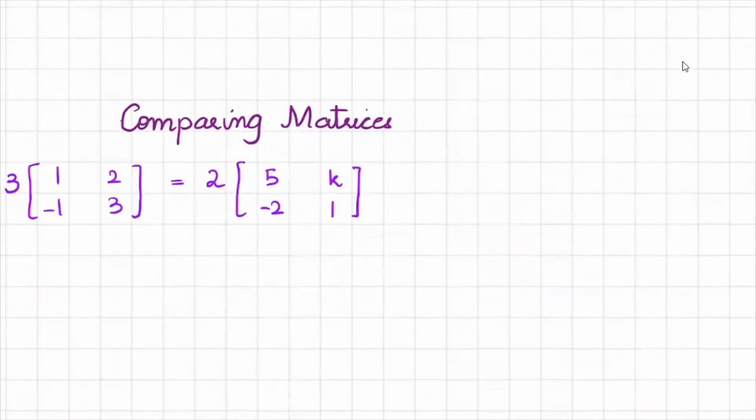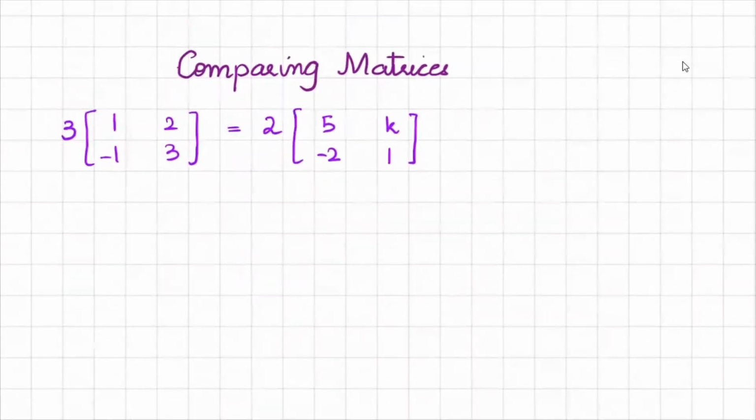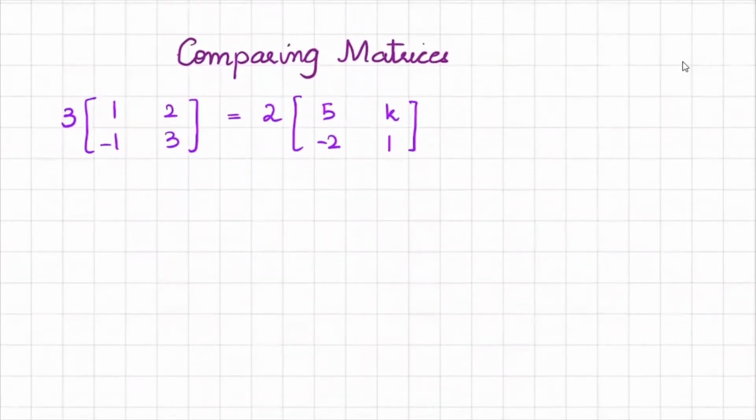Okay, now let's move on to comparing matrices. Comparing matrices is very simple again. So first of all, you can see that you have to find the value of k. Now there are 2 ways of doing this question. Either you can expand both and then you can equate it and then simplify it, or what you can do